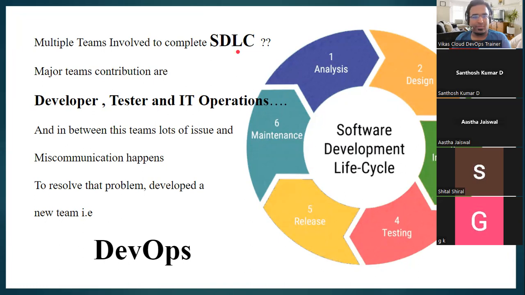When multiple teams are involved in SDLC, guys, what is SDLC? Software development life cycle. Cool. Can you please elaborate a little bit? This is a fresher level interview question. Go ahead. Developing software in a phase-wise manner. First we'll plan, then we'll code, then we'll design. Correct. To create or develop any software, it has to be divided into multiple phases. In simple terms, it has 6 primary phases.